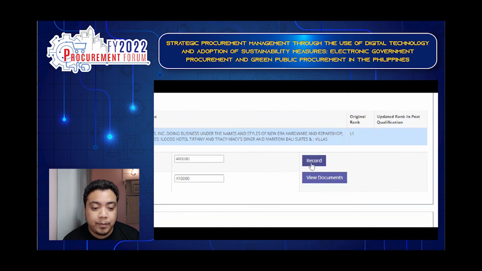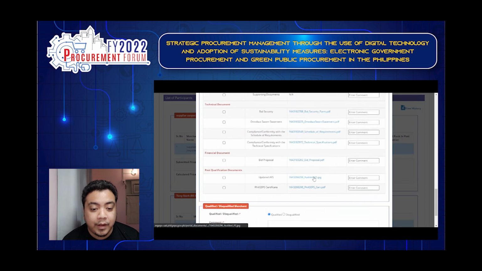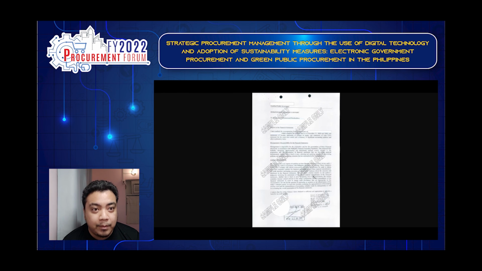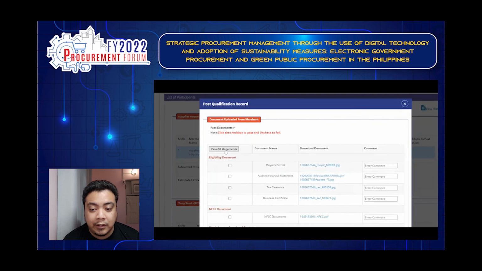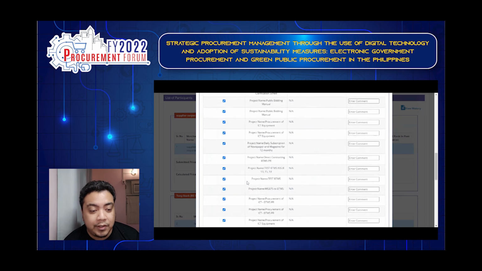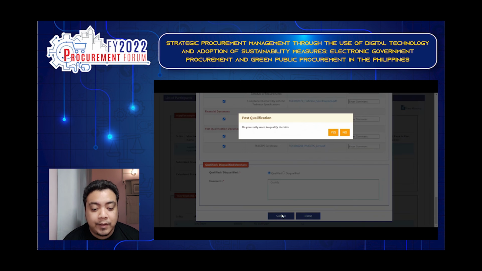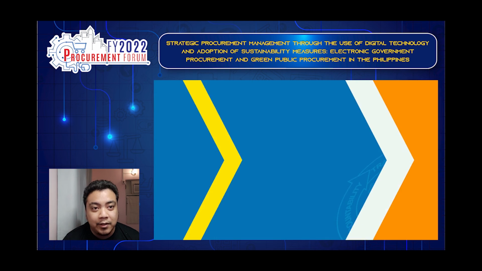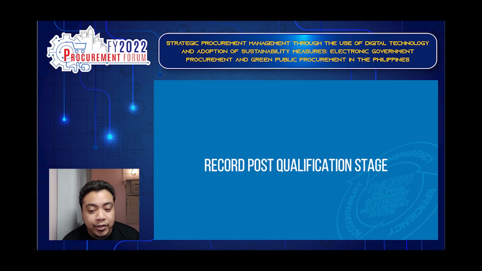So just click the record, and then those are the added documents submitted during the POSQA. So that is a sample of our POSQA document. Then we can click the pass all documents, or review them one by one to comment or review. Then once they are qualified, just click the submit button, tick the qualified tick box. That's all. Then for the record post qualification stage,